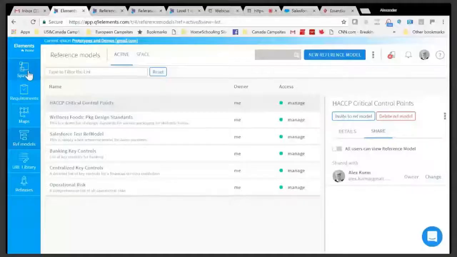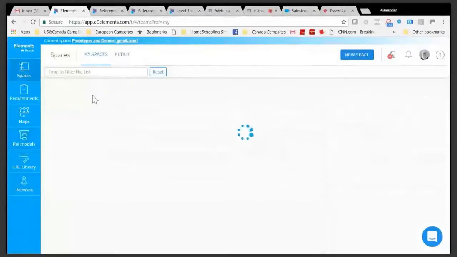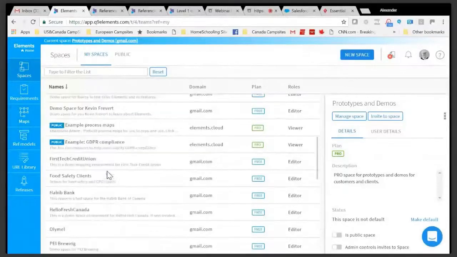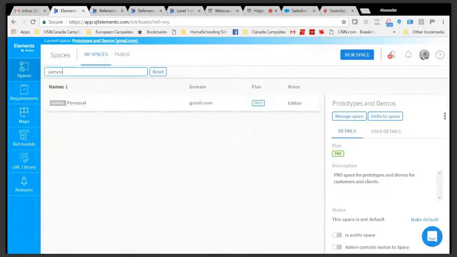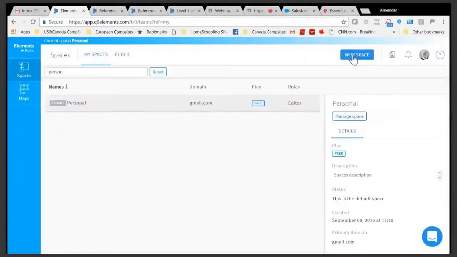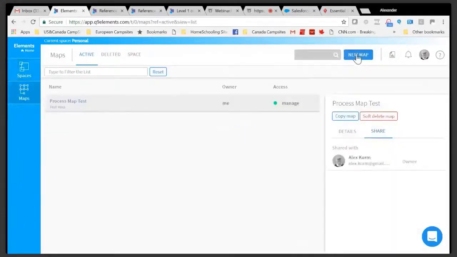So once you get access to Elements, it'll probably bring you to something that looks like this in your personal space. Where's my personal space? Let's do this. Okay, so there's my personal space. You'll have something similar. And if you click on the button Maps in the top left and hit New Map,